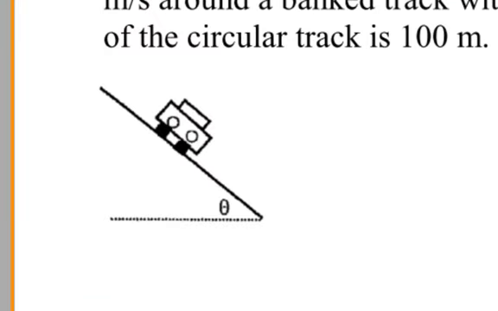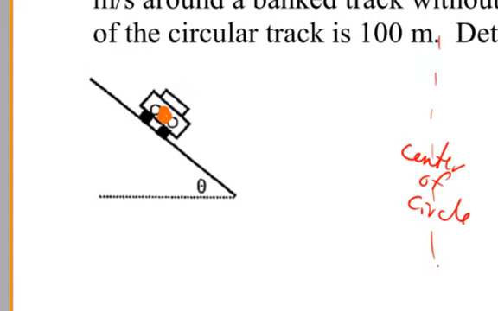I've got a diagram here that's drawn, and in this diagram you're looking at the front headlights of a car that's on a bank. The car is driving towards you. The center of the circle is on the right-hand side of this diagram. Let's begin with a free body diagram. When the car is driven at this magical speed without the aid of friction, there are only two forces acting on the car. One of them is the car's weight, and the other one is the normal force that acts